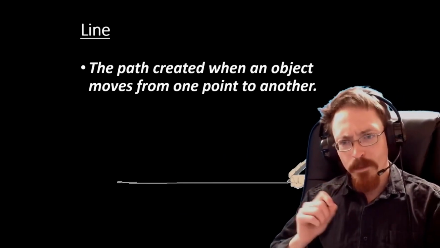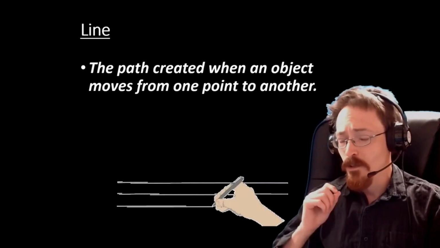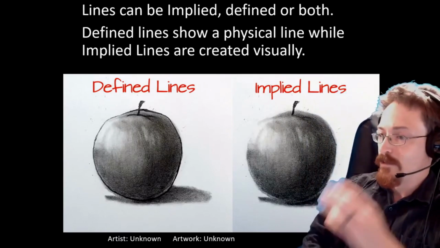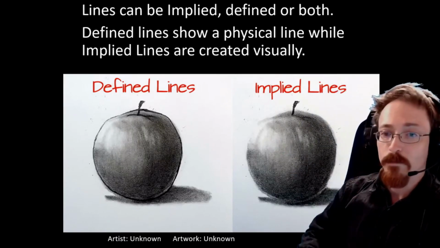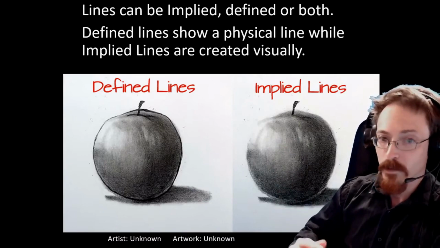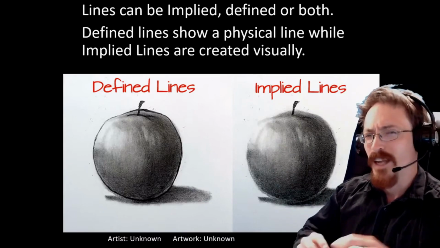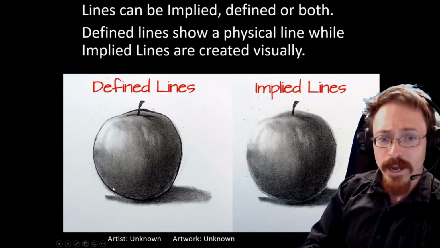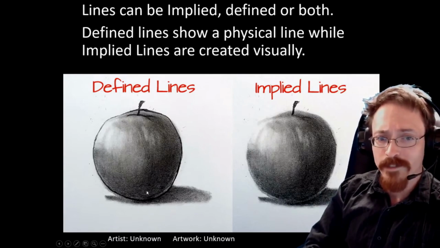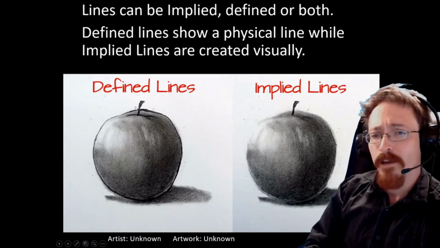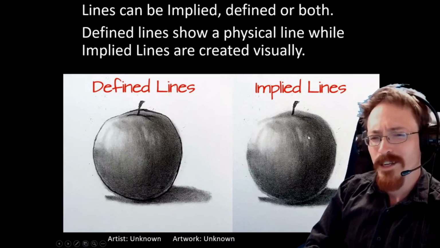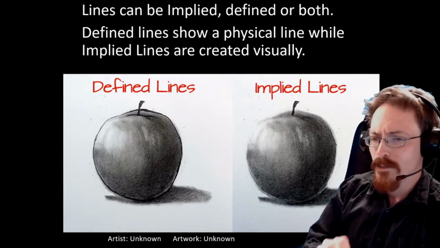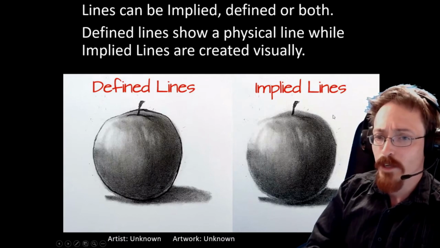Now, what a lot of people don't realize is there are two different types of line. Those types of lines are defined lines, as you can see over on the left, and then we have implied lines, which you see right here. A defined line is a line that you can actually see. So you can see an outline. If I move my mouse right here, you can see an outline around the apple. So that is a defined line. And then we have implied lines, where an implied line, it's not really there. You don't really see it, but you know that there is something there that is separating the background from the